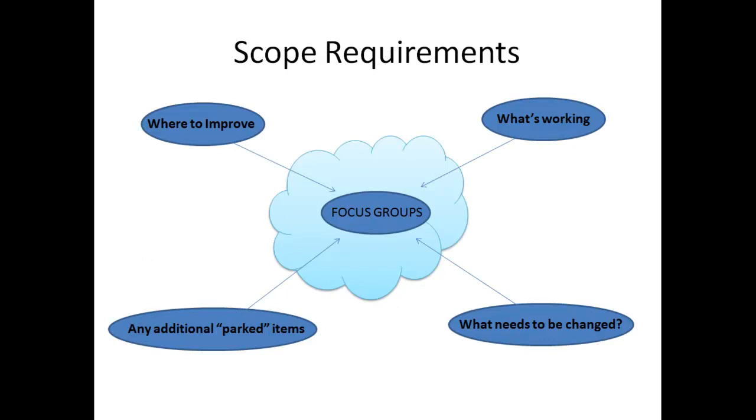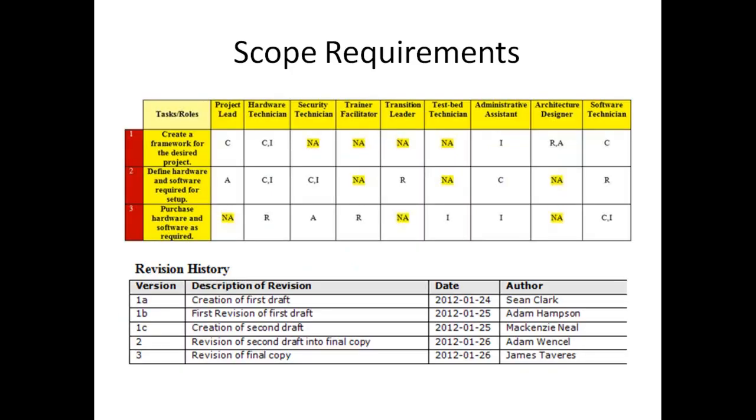The scope requirements. Tools used to facilitate the scope of this project will include focus groups, questionnaires, surveys, interviews, and testbed workshops. In particular, focus groups will include separated brainstorm sessions with different departments on what currently works with CallUs Incorporated online knowledge base and what does not work. Any additionally parked items will be looked at, and where to improve will also be another thing looked at in this section. Scope requirements. All results provided by the tools used in the project's scope management will greatly increase the project progress and accuracy of the project.